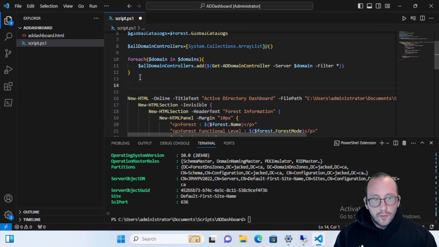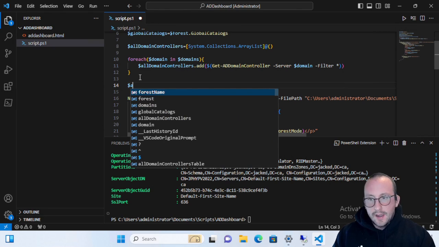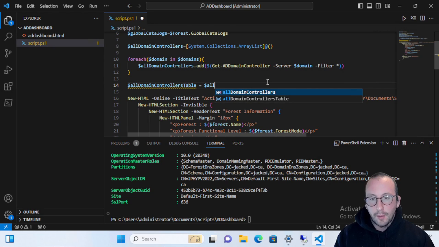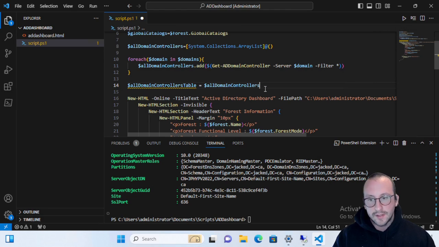So all we want to do now is say all domain controllers table. So we're going to create a new variable. Now this is just to really limit the different properties. You can do this in the foreach and just pipe it right off the bat to a select statement. I like to keep it separate, this way I can always modify it and I keep all the original data from the cmdlet in case I need to do something with it later on that I don't know about yet. So all domain controllers, and we're going to do a select name,